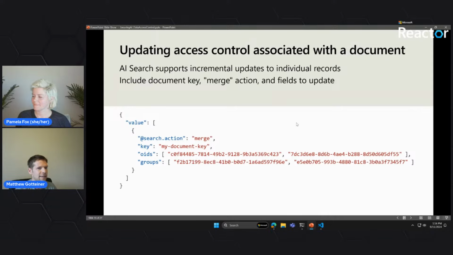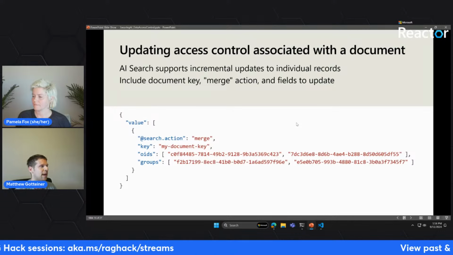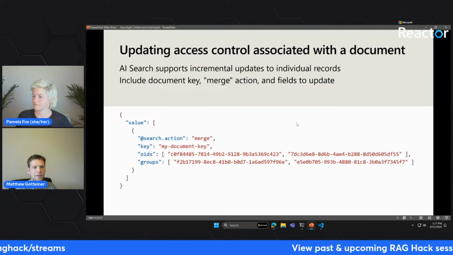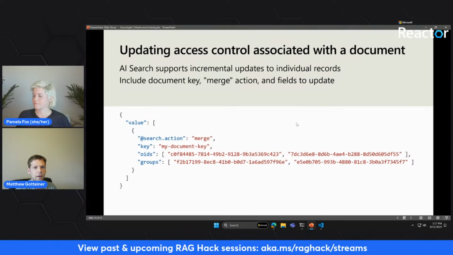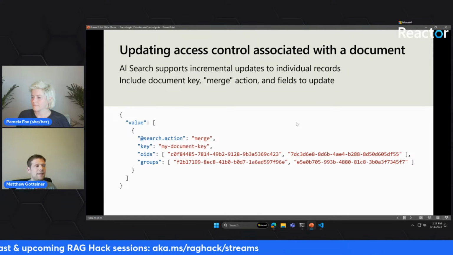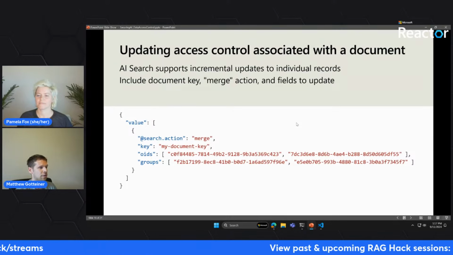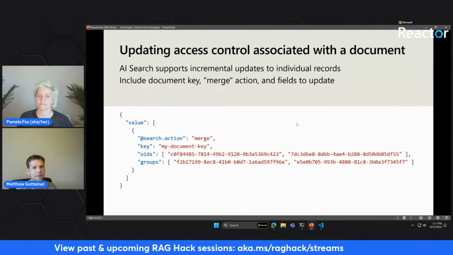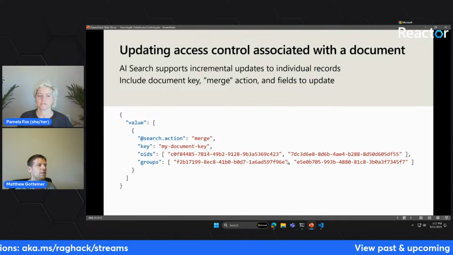Well, there's a very easy way to do it because in AI search, there are multiple ways to update a document. You can re-specify every single field in the document that's in the index schema, using a special action called @search.action. If you specify the @search.action upload, you're replacing every single field in the document. You need to specify that in the request. But if you only want to change one field, for example, this document has one less user, or one less group or one more group, there's a special action called merge. Once I use the merge action, all I need to do is change this object identifier field or this groups field. And I've adapted the access control to the new requirements.